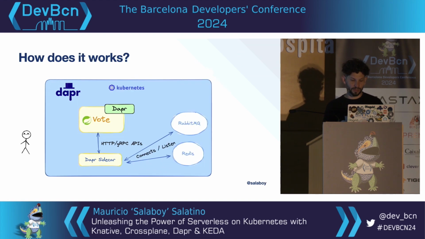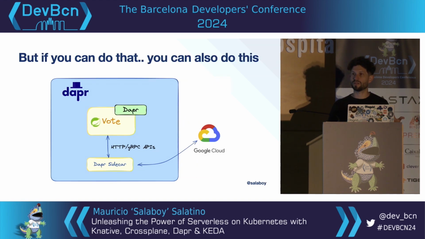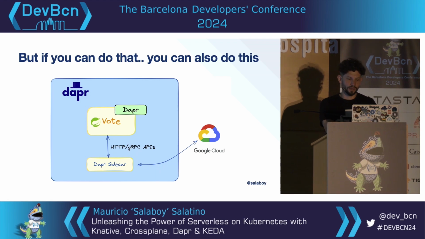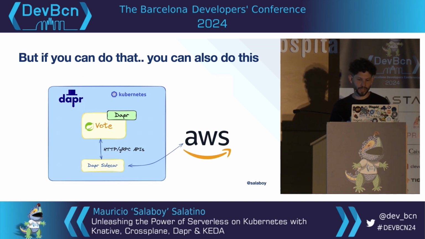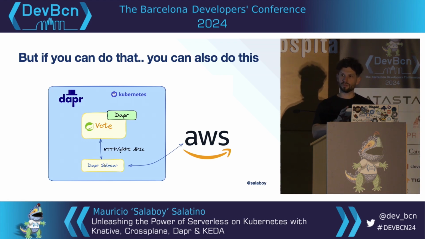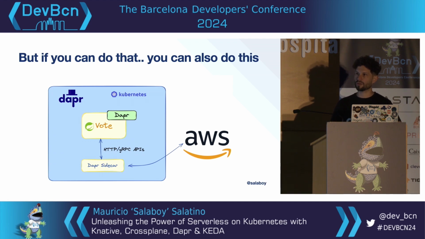And because now I have unified interfaces, that means that, again, I can just move my infrastructure to Google Cloud managed services, and my application will not change. I only need to change the Dapr configuration for how these APIs are implemented. The same with AWS. I can switch to AWS, or I can switch to Azure, and I will have different implementations for all these environments, making my application a little bit more stable and portable across environments.